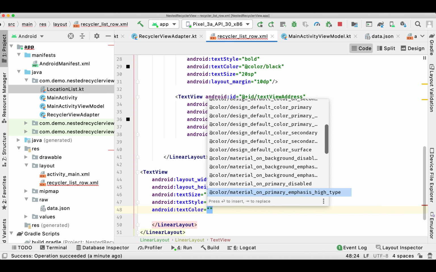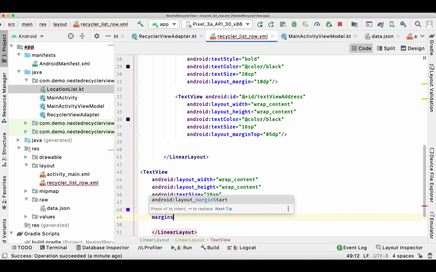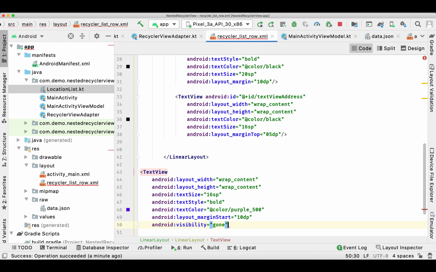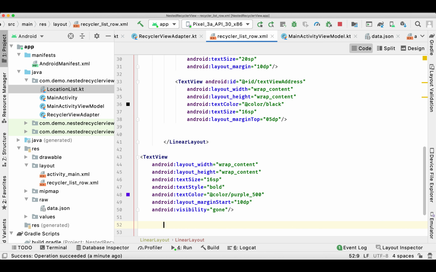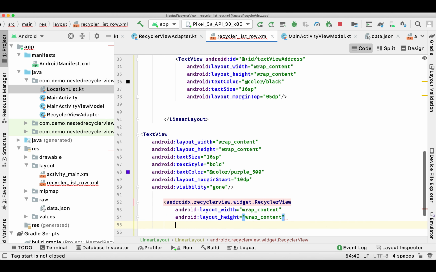Because in JSON there are a few items which have children, but not all the items have children, so that is just for the flexibility of the recycler view. So only those who are going to have child locations will be available in the horizontal recycler view.